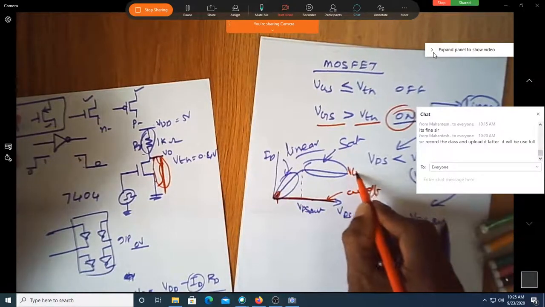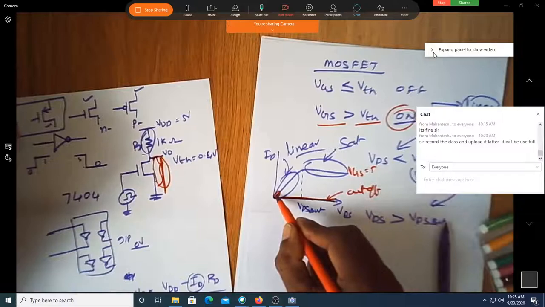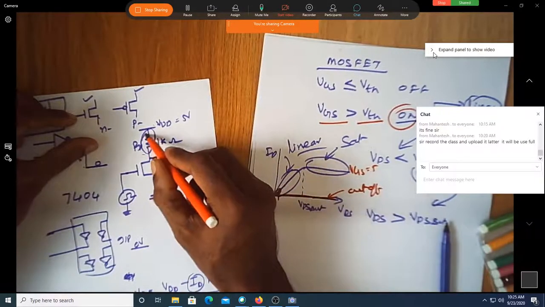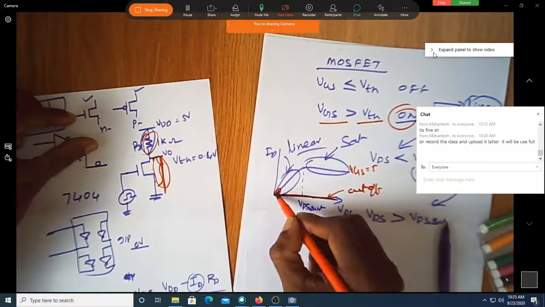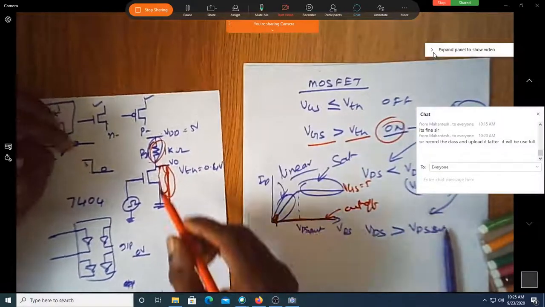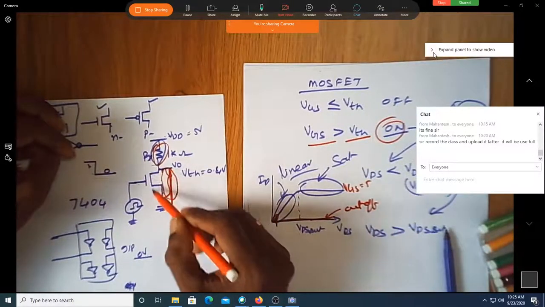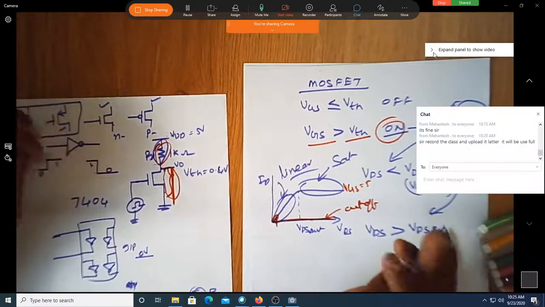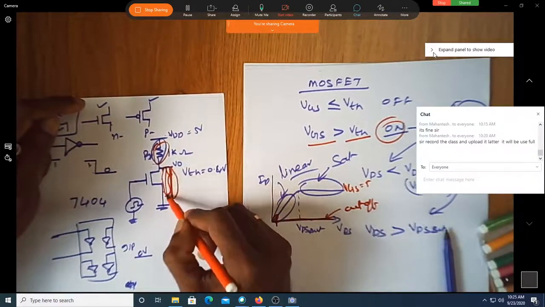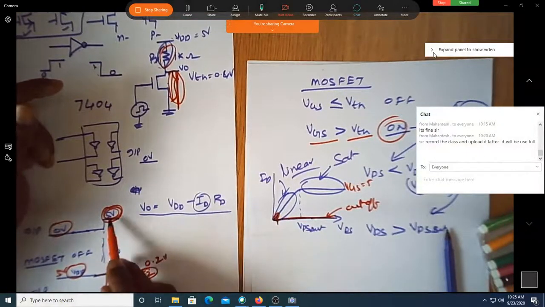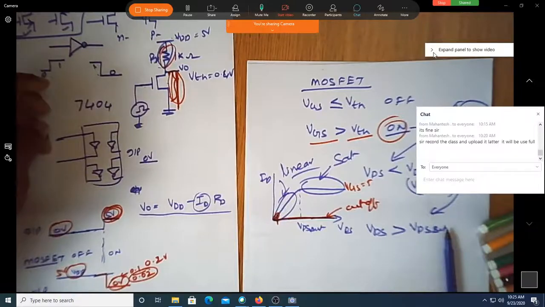Even though you have VGS equal to 5 volt, the drain current is, of course, once all the drop happens here, you are left with very less voltage, then current reduces. So that is a different issue. So do you have this voltage becoming very less? Am I correct? Yes, sir. So when voltage becomes less here, can you see this output voltage is becoming 0 for an input voltage of 5? Correct? Yes, sir.